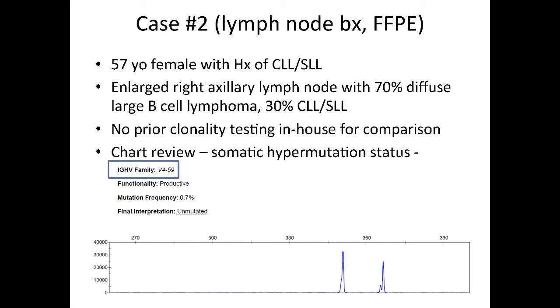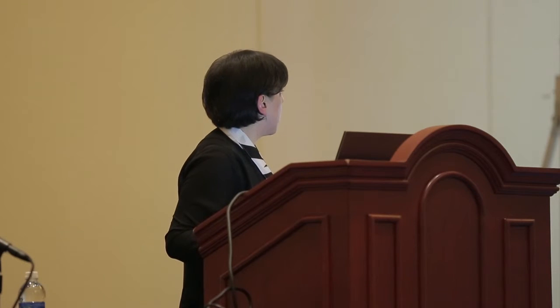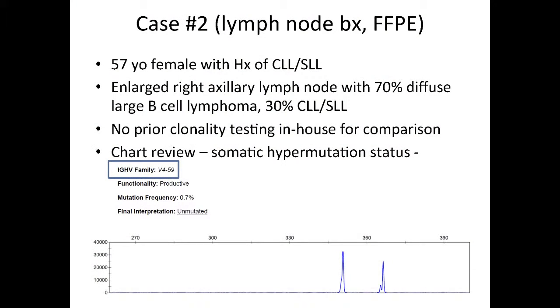There is no prior clonality testing in-house for comparison, but in the chart review, we did see that this patient did have a somatic hypermutation status that was in the chart. And you can see here that the rearrangement that the patient had was a V4-59, and it was a productive rearrangement with a mutation frequency of 0.7%,